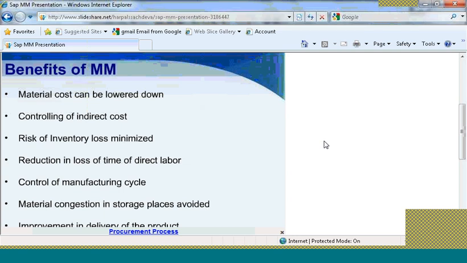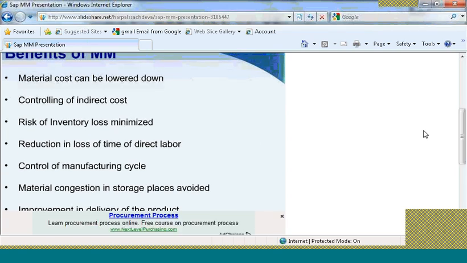Control of manufacturing cycle. It gives complete control of the manufacturing cycle as the point itself signifies. Material congestion in storage places avoided. Improvement in delivery of the product.